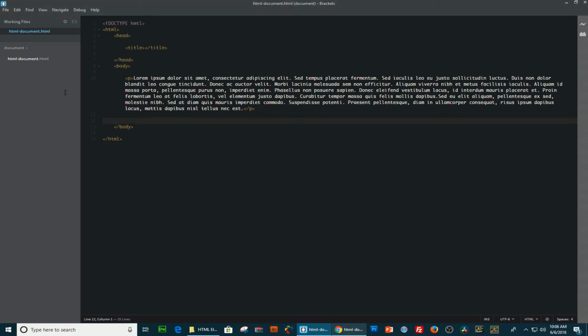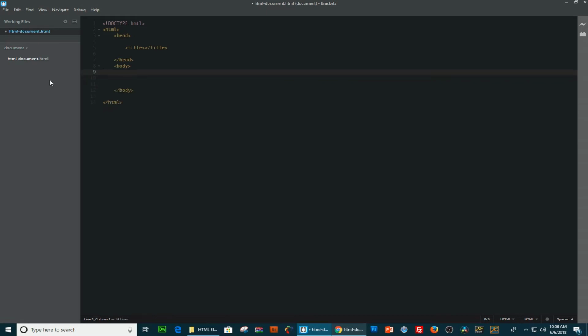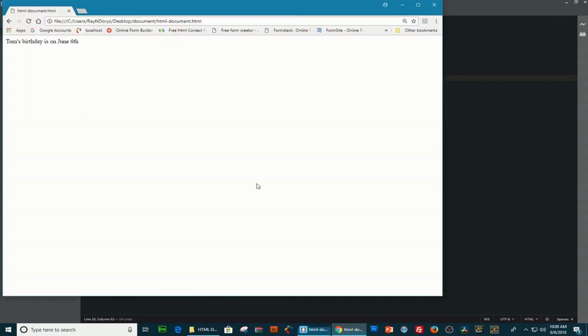So I'm going to get rid of this, and I'm actually gonna enter a sentence here, and I'm going to define a p tag here. Now I'm gonna define the superscript tag, and again I'm gonna close it up right after the H letter. Now save it and refresh, and there you have it. You can see that superscript is surrounding the TH, and that's why it appears smaller and a little above